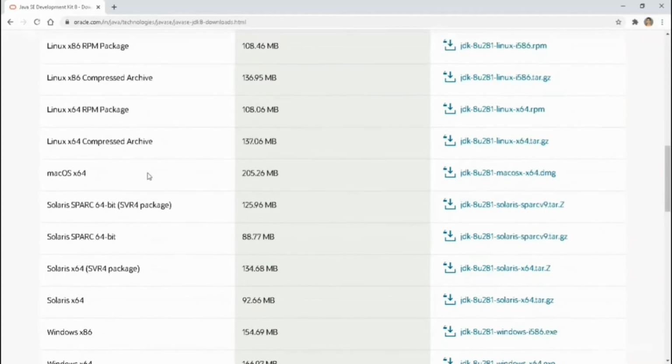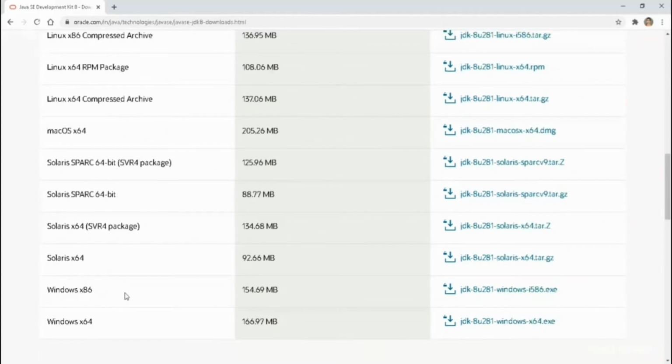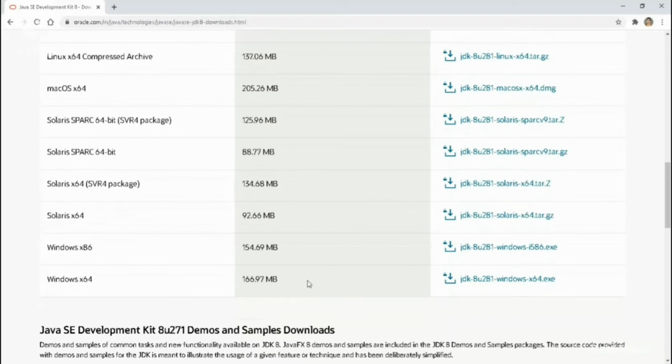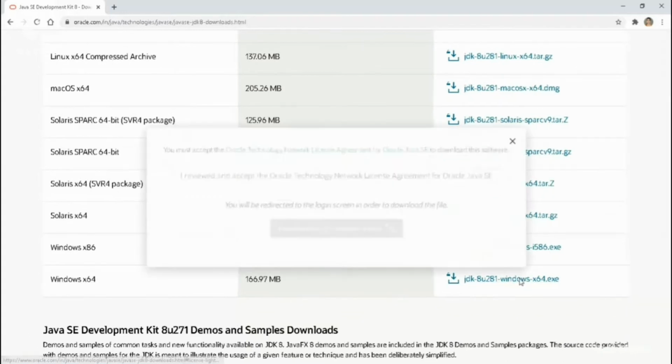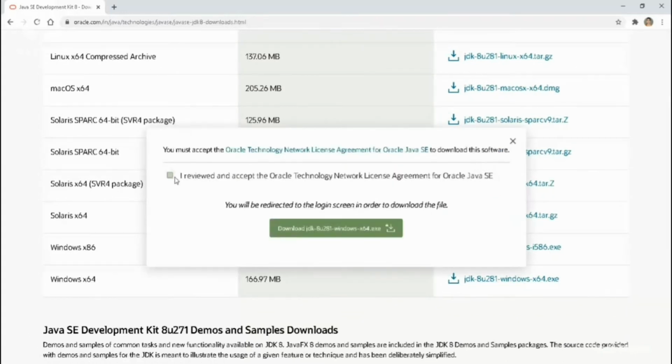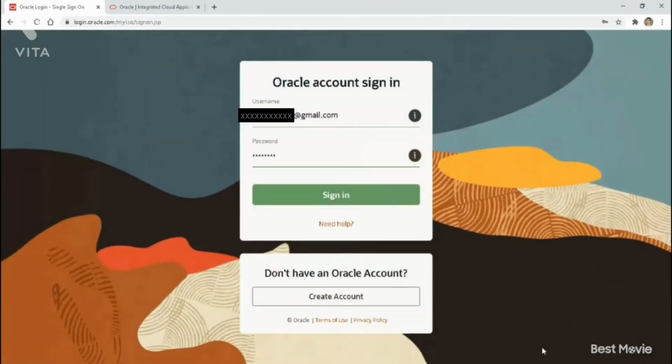Here I'm downloading it for Windows 64, so there is an .exe. I will download. It is asking you to check it, and it requires an official Oracle account. You need to sign in and just download.